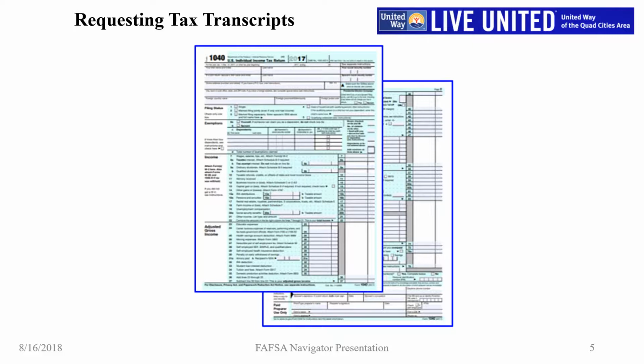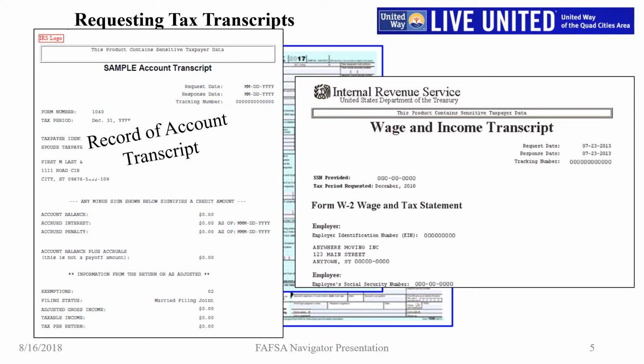The IRS can provide to you copies of your tax filing forms and schedules, which is fine if all you need is a picture of your end results. However, you may also request a variety of transcripts, which are printouts of the basic data over a wide range of topics which are easier for the IRS to print out from their database. 2 transcripts that we'll be emphasizing in this presentation are Record of Account Transcript and Wage and Income Transcript.